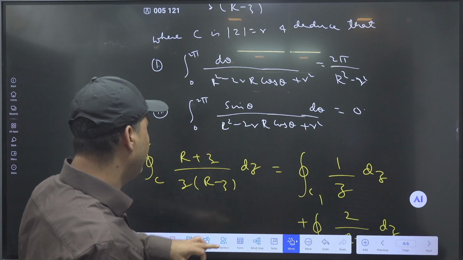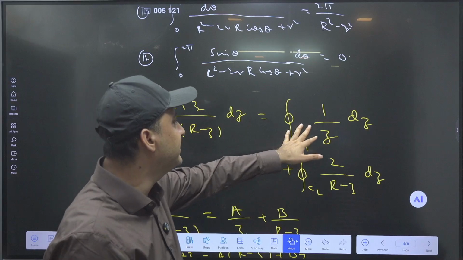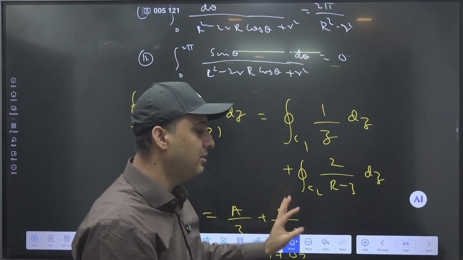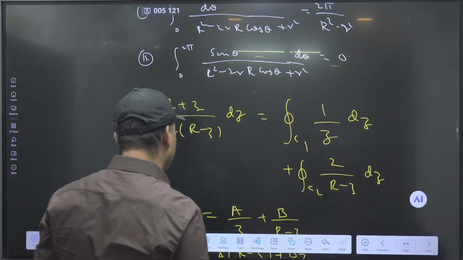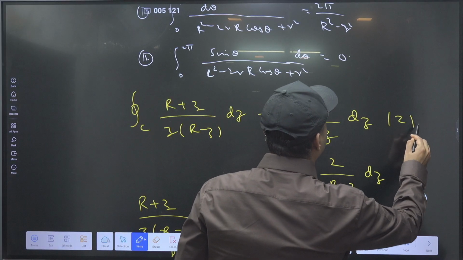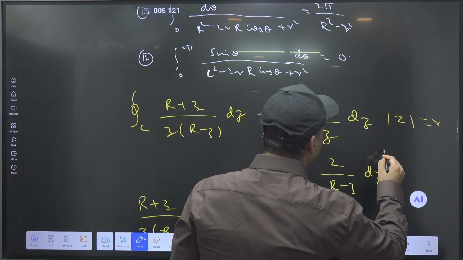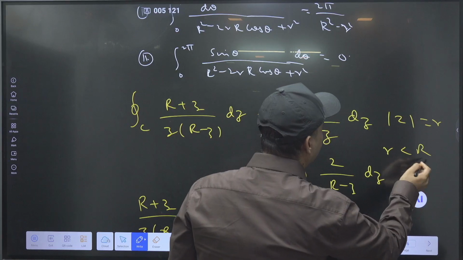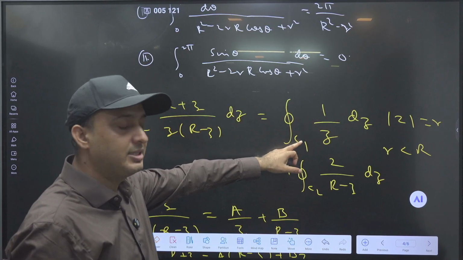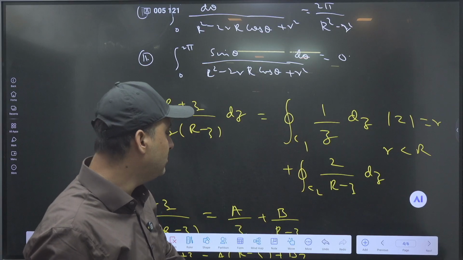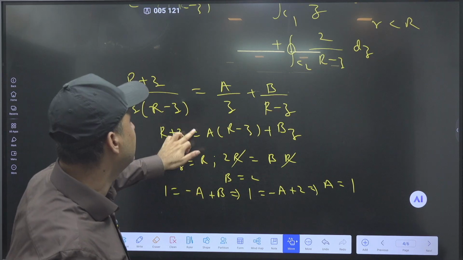Now, well, I see here that this is inside the circle of radius small r. So this is very well inside this. But what about this? This is not inside because capital R is greater than small r. Therefore, this is not taken into account. This lies inside and this is outside. So I will write down this integral